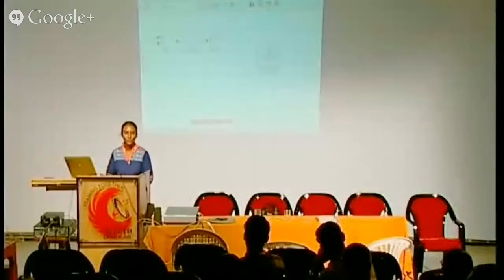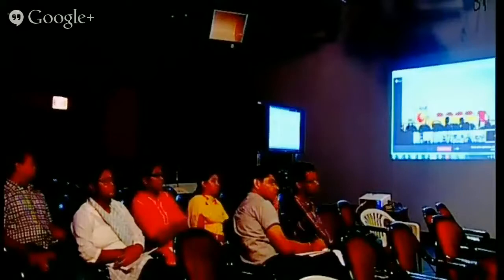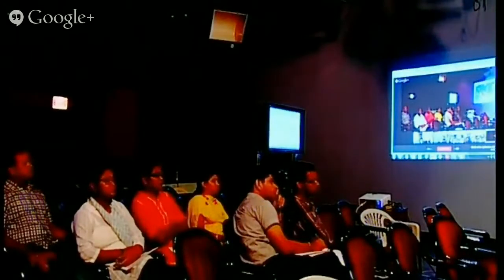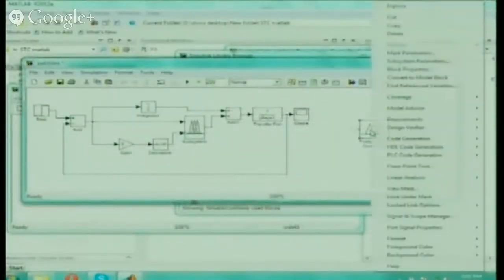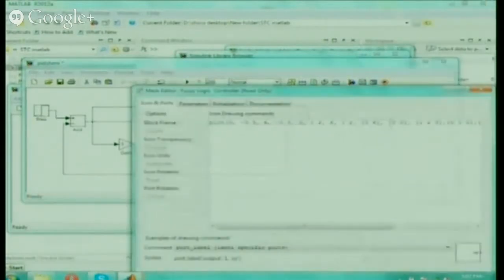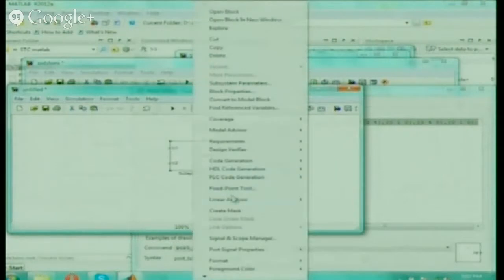Do you remember? Yesterday I told you. If you want the blocks to look like this, what you will do? You will right click this and view mask. Okay, in that view mask, the plot command which is given, you just take that, Control C, and in the block which I have created, go there and create mask.